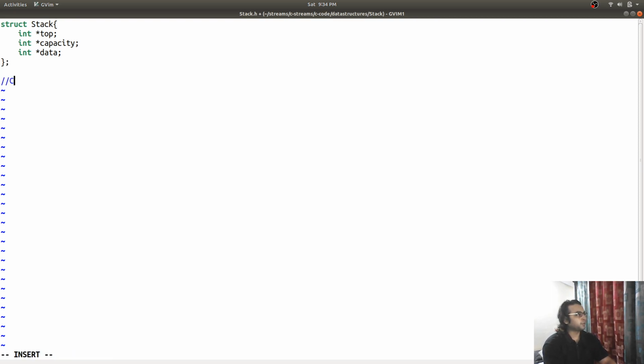For example, I am going to create a stack like this: struct stack pointer, create a stack, and this is what I am going to use to create a structure.